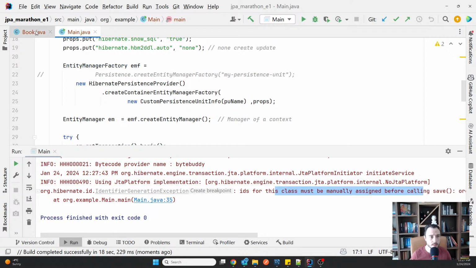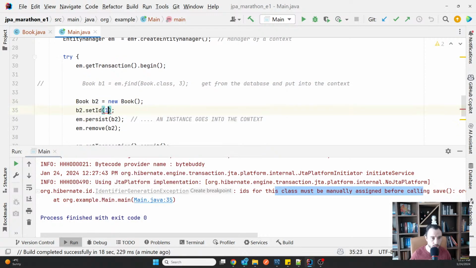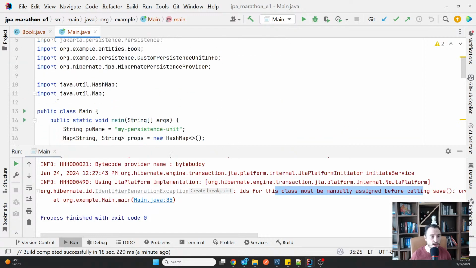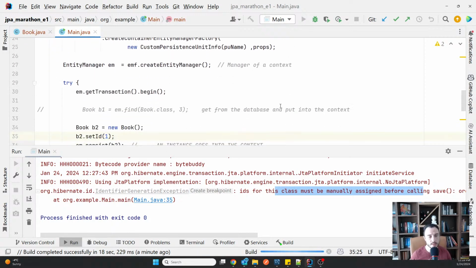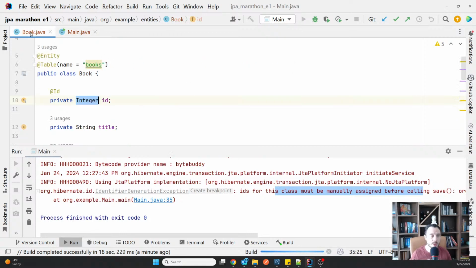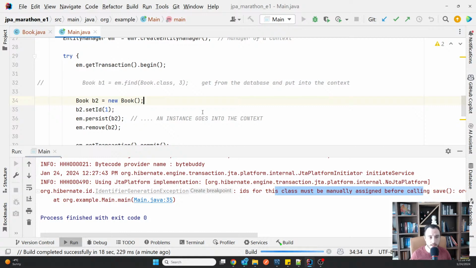Sorry, I used Integer, which is null, so it forces me now to also set an ID, something like that, because you cannot have a null ID. That's fine. I do agree with that. I'm going to rerun it, but setting the ID myself. Or I could have simply used int instead of Integer, and then the ID would have been 0, and I didn't need to write this line unless I wanted to put another ID, which is not the case for this example.